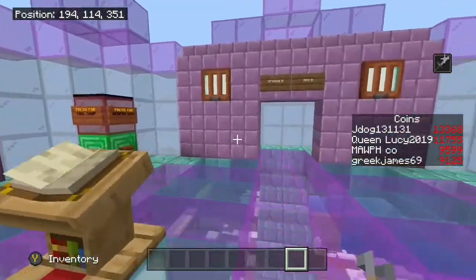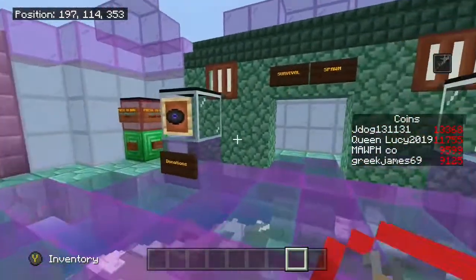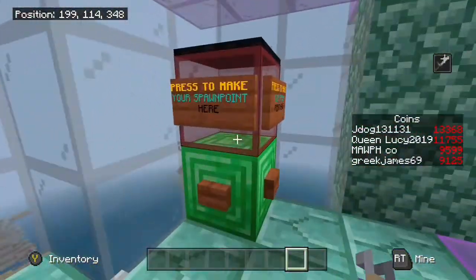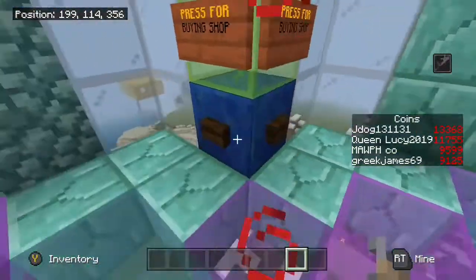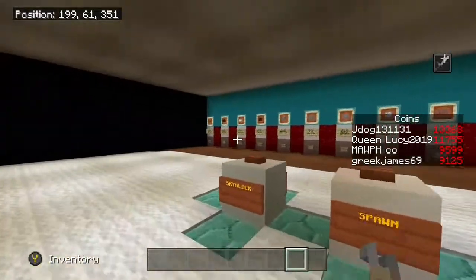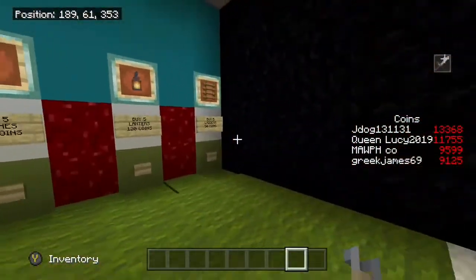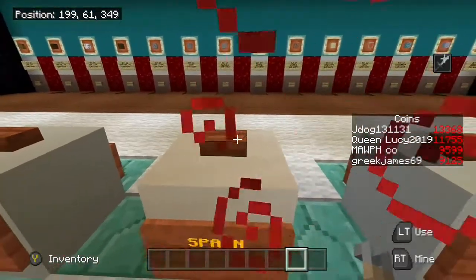Right, so spawn's pretty much the same. Haven't really changed a lot here, apart from the spawner area, which I'll show you in a sec. Still got the obviously set spawn point there, build shop there, again that hasn't really changed. There will be some new features coming in here, but you can just buy most of the essentials that you might need to start off with, or help without the game. So if we go back to spawn,